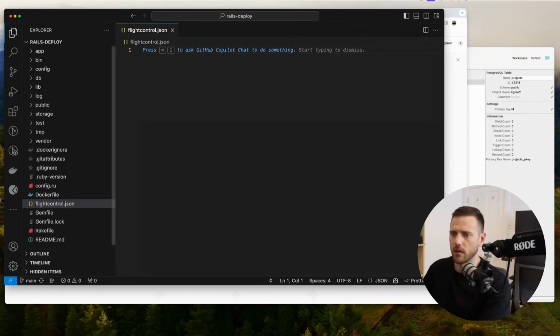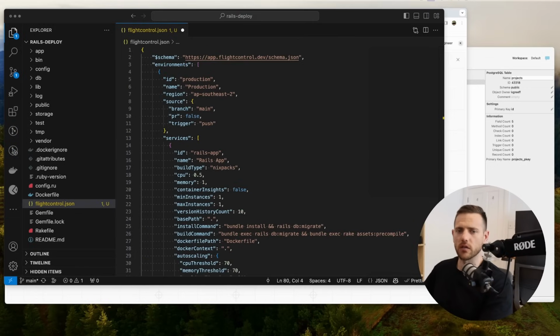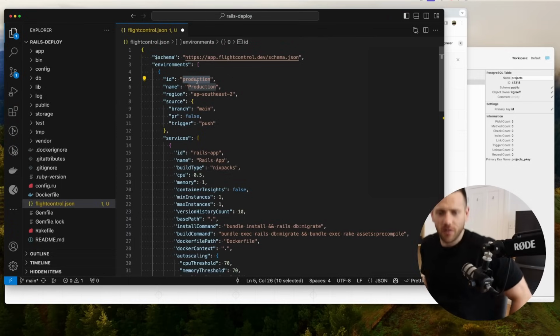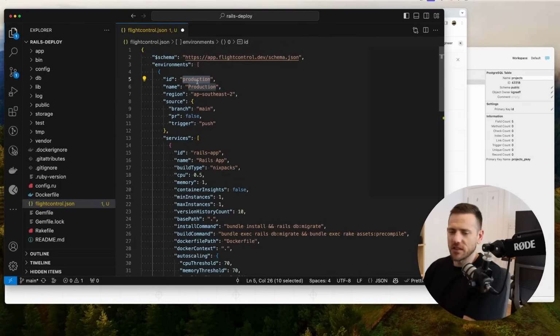Flightcontrol.json. All right, and then I'm going to copy paste one that I prepared earlier. Okay, all right, so let's have a quick look at this flightcontrol.json file. So at the top, we're just defining the schema, and then inside here, it's quite cool. We've got environment. So for us, the main one we're concerned with right now is a production environment, but you can have staging, you could have preview, you could have whatever you need it to have. So if you just collapse that, give it an ID, name, the region we want it in, the source,